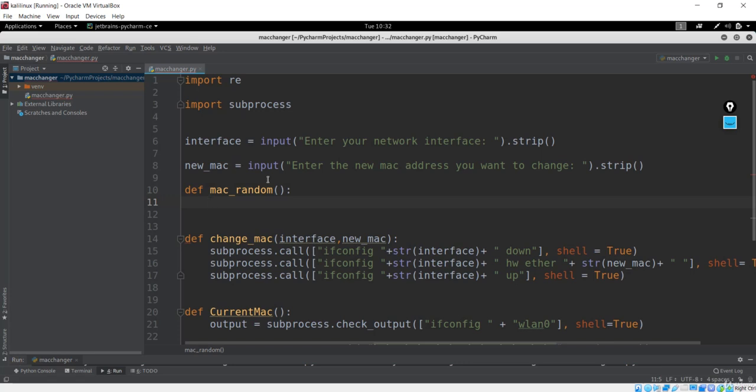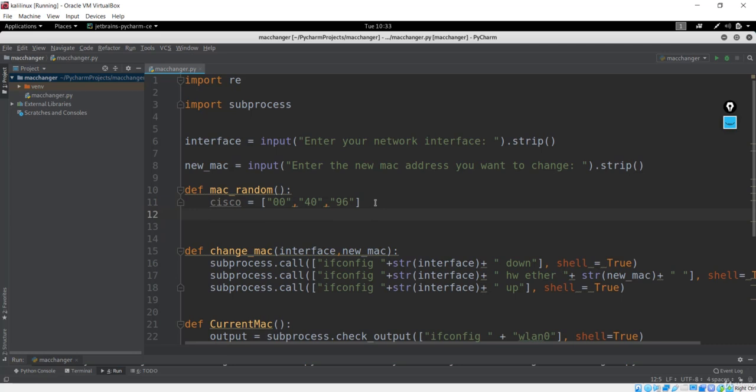I have an idea that we can generate random MAC addresses by combining two types of prefixes. Generally MAC addresses are assigned by Cisco and Dell. So first, we'll make a list of the numbers that the devices' MAC addresses start with. It normally starts with these three pairs. Let me show you here. The next one would be 96, and these are legit, so you cannot change this number. These are the Cisco legitimate, genuine numbers which start our MAC addresses.